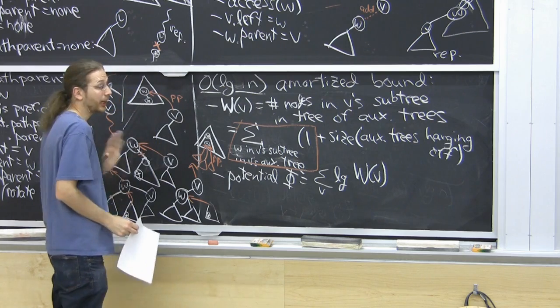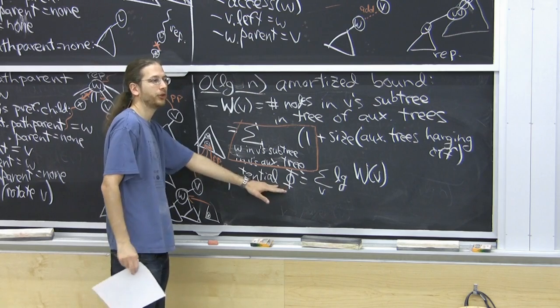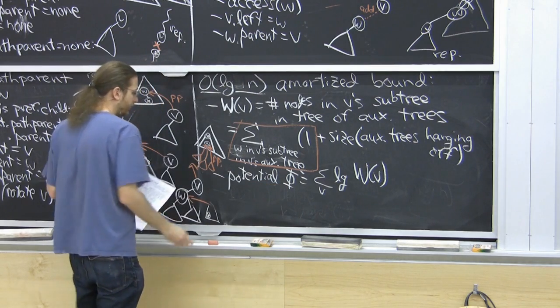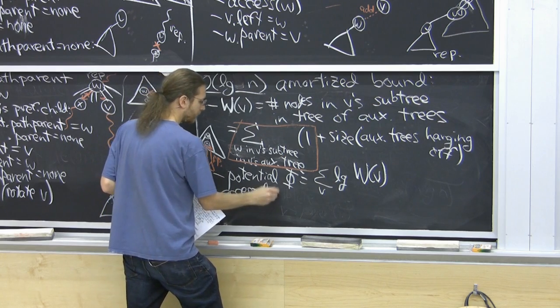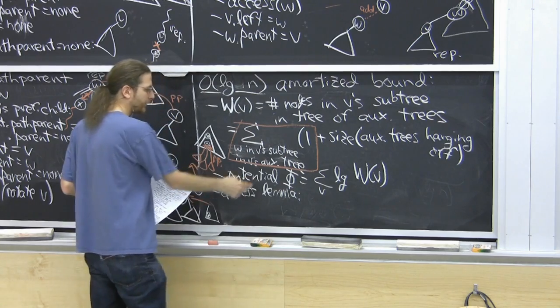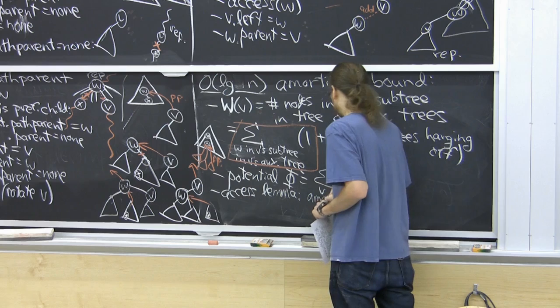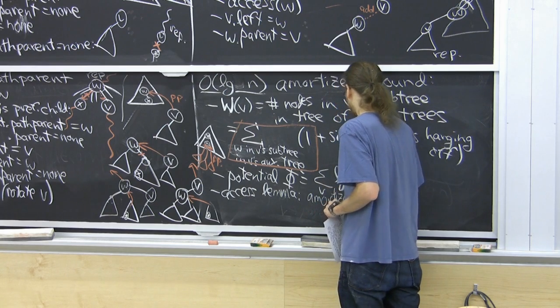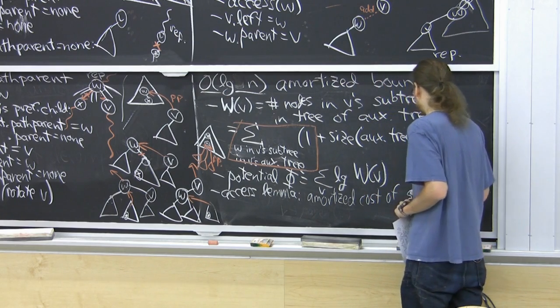Splay trees allow you to assign an arbitrary weight to every node, use this potential function, and prove a bound, which is called the access lemma. The access lemma says that for this potential function, the amortized cost of doing a splay operation of V